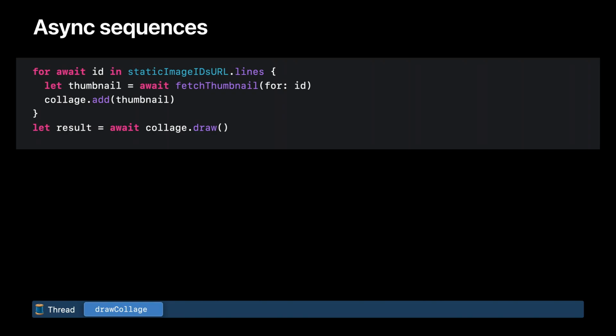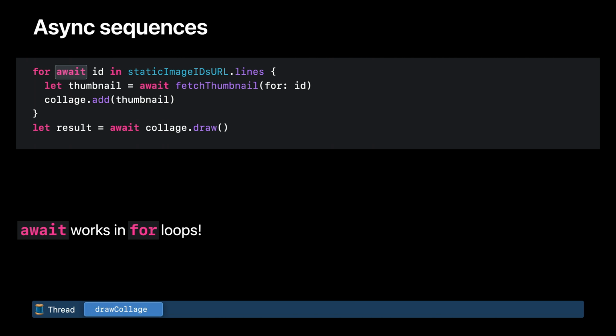There's another place that await can be used as well, in for loops to iterate over async sequences. An async sequence is just like a normal sequence, except that it vends its elements asynchronously. So fetching the next item must be marked with the await keyword, indicating that it's async.